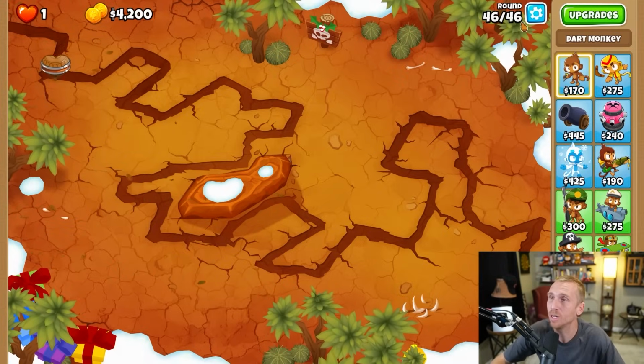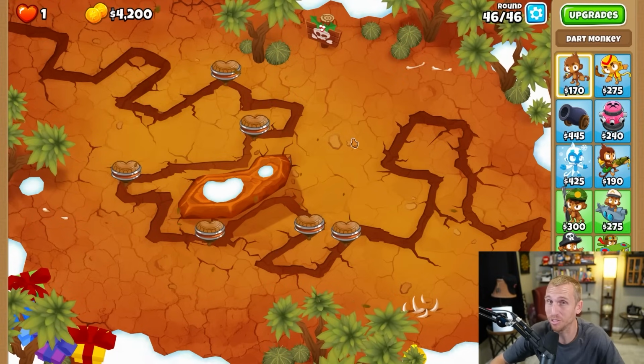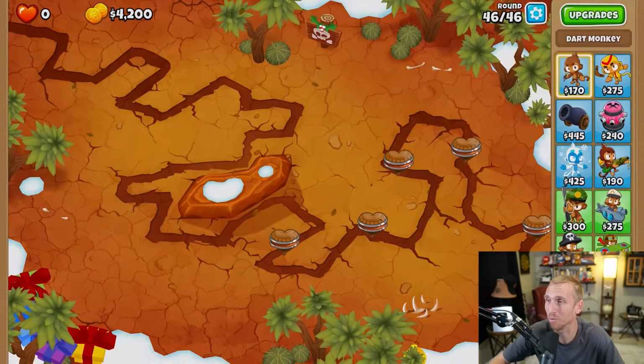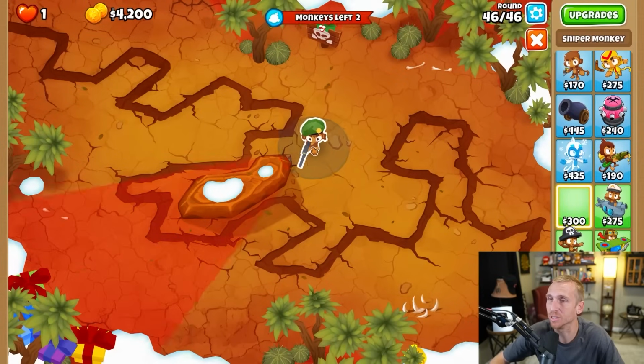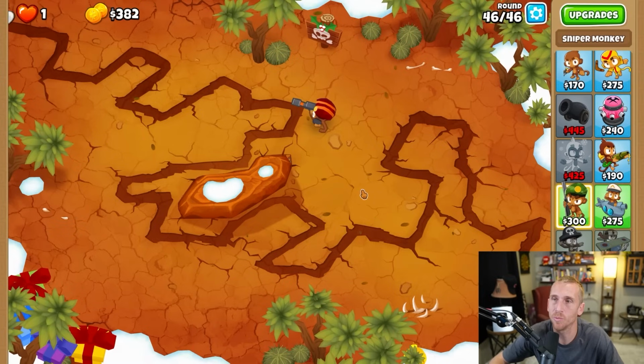It's $4,200, round 46. Everything's all regrow, and the win rate was pretty low, as you guys saw, so I'm not even sure what we're going to be working with here. At least it's not all camo, which is nice. We're used to that every single time. I'm thinking if we just go with this one and that one, we should be able to take